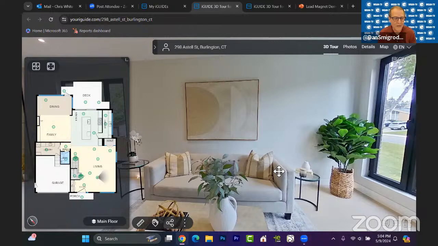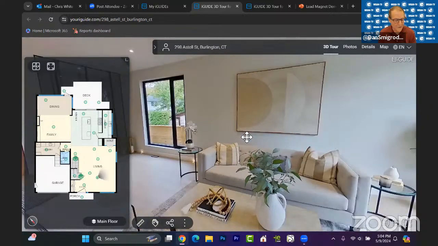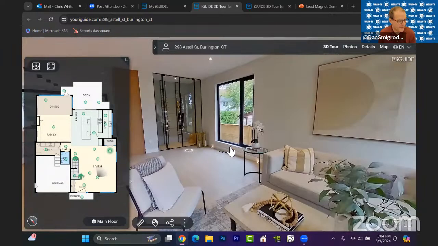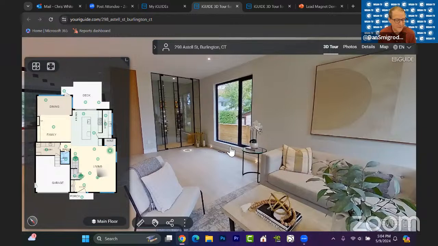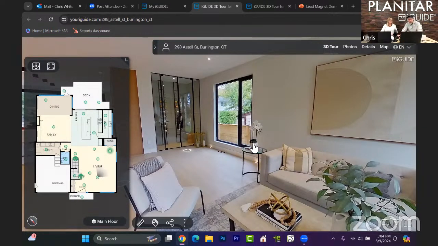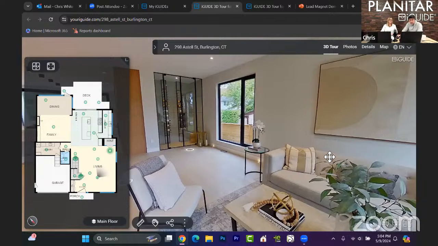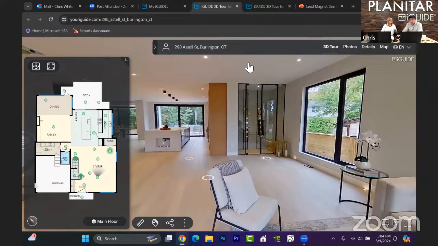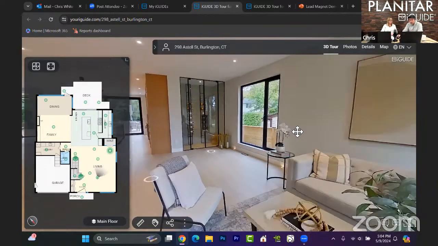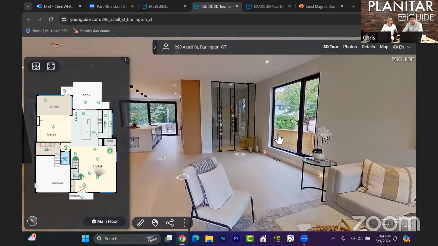Chris, I can share your screen. Take us through your demo, please. Cool. So hopefully on screen here you can see an iGUIDE. I won't go into great detail, but there's a floor plan on the left and 360-degree visuals on the right. So a typical home buyer experience would be one where,